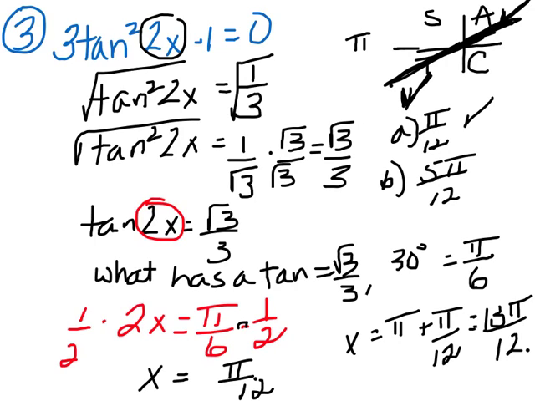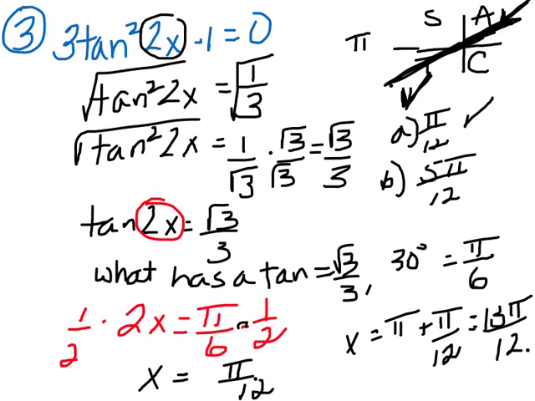Okay, let me ask you this. I've always kind of wondered about this problem. 5 pi over 12, where would that be? Well, if you think about it, 12 over 12 pi would be 1 pi, right? 5 over 12 pi, half, okay, if pi is 180, half pi would be 90, right? 5 pi over 12 would be shy of 90. So on this one,